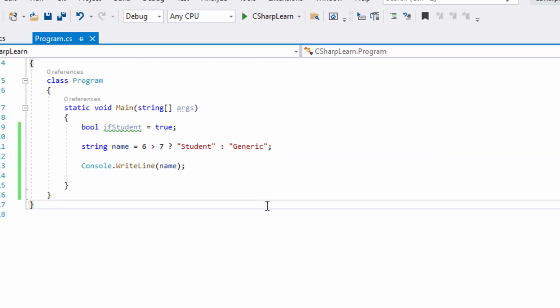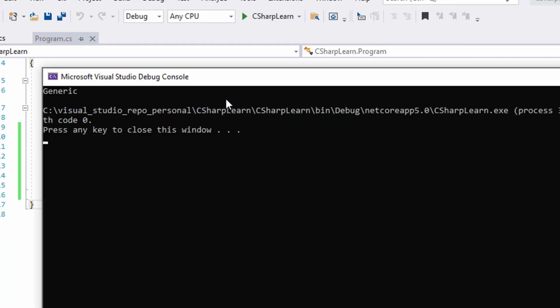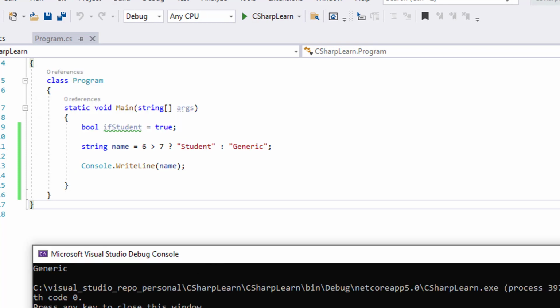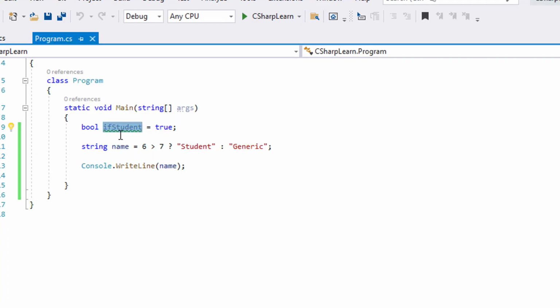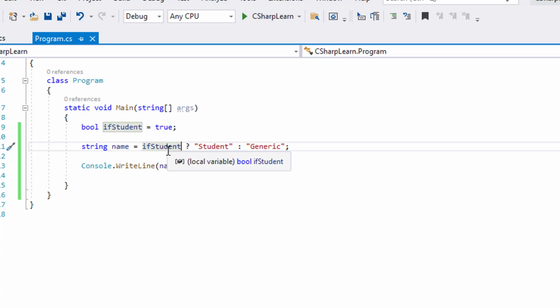Let's run the program again and you will see it is printing generic. So the point is that it can be any condition, like whether an object is null or not, or whether a value is true or false. So this is the first operator. It checks based on a condition. If the condition is true, then use the first value. If the condition is false, then use the second value.